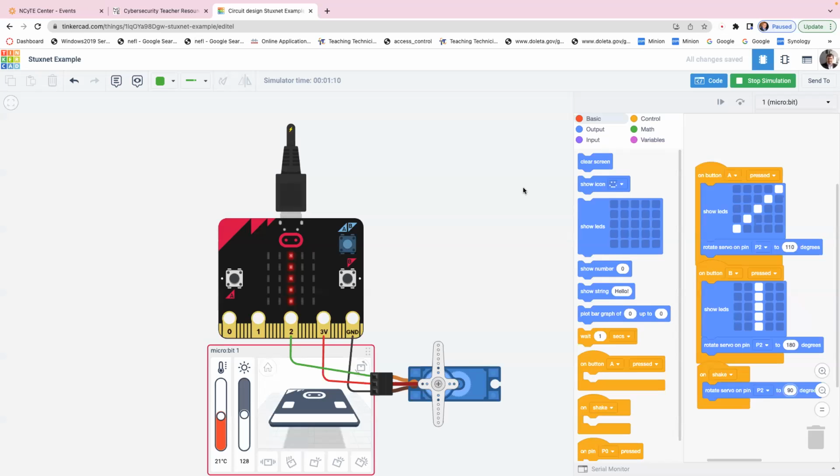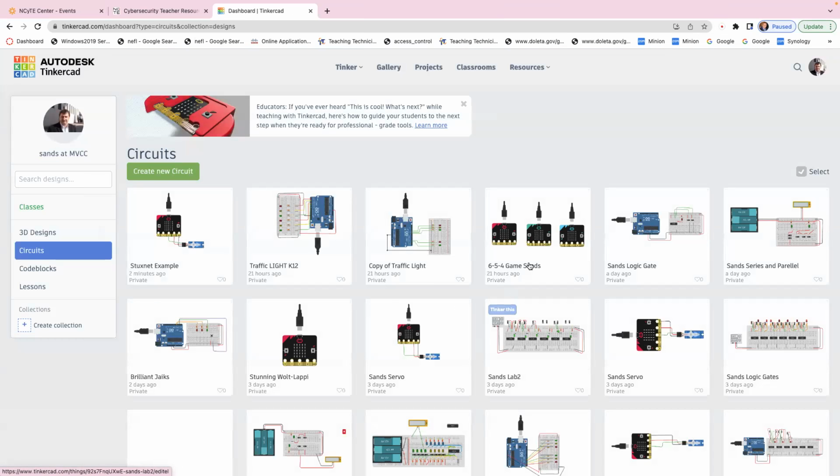But what we want to do is use a tool like this to teach you how to use this so that you can start to teach more practical types of applications of how someone might go into a system, modify the code, and create real havoc. Right now, we've done a bunch of these. So, I'll show you my library real quick.